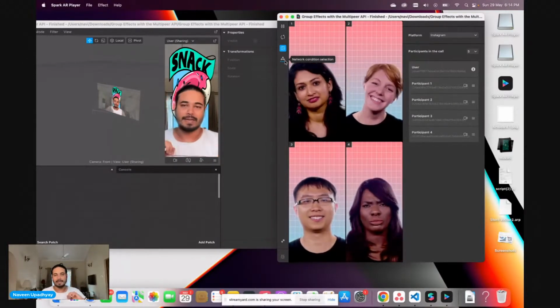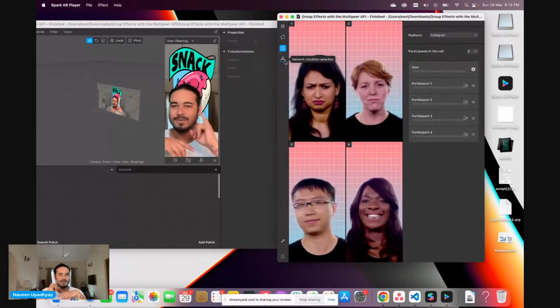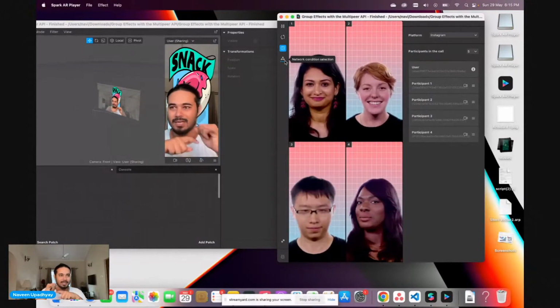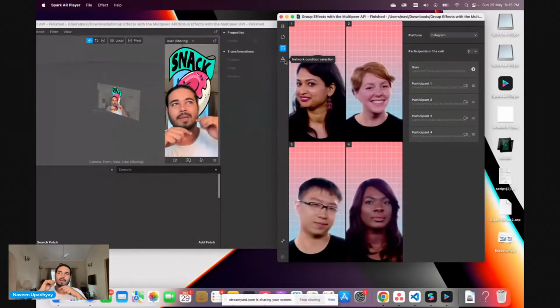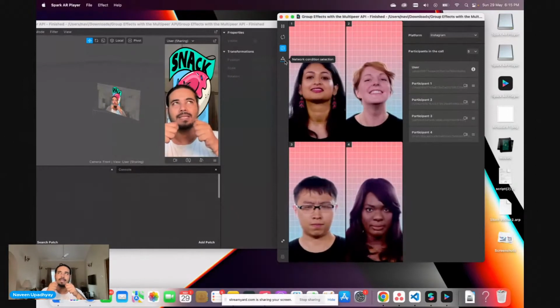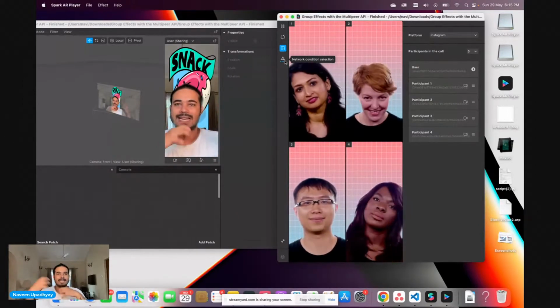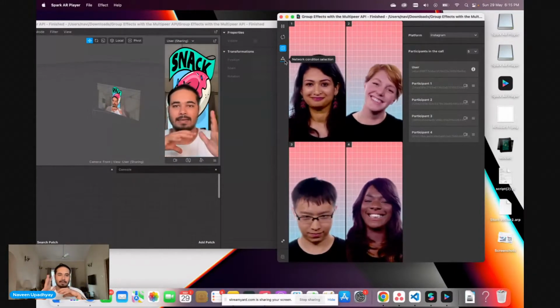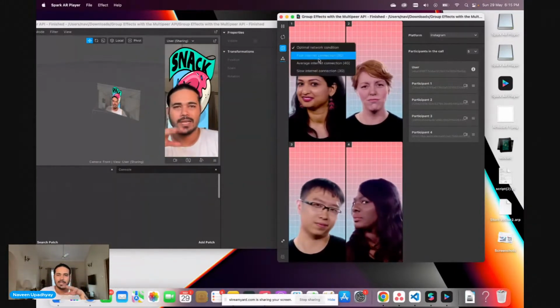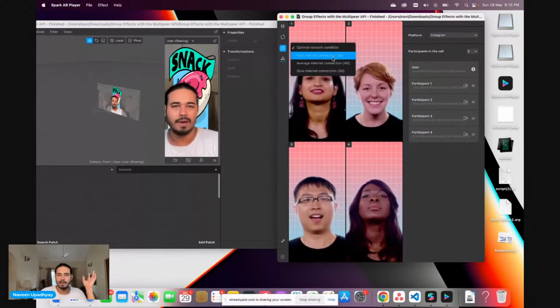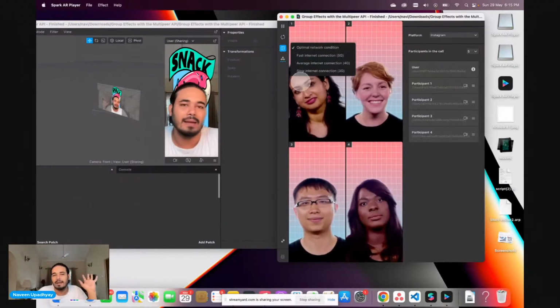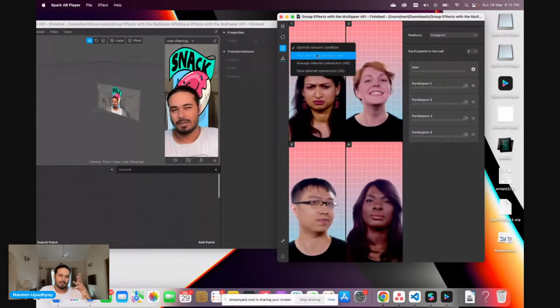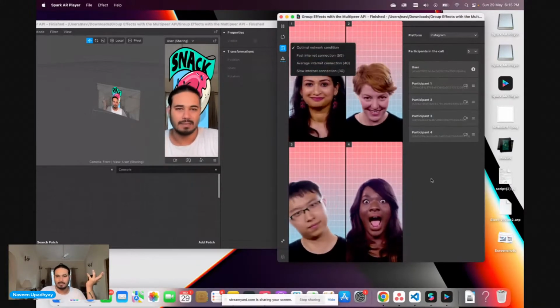But on the video calling effect, it's not like that, because we're on a video call, so we need that internet connection all the time, and we don't want to miss any messages that are sent to us by the Multipeer API. We want to receive them and we want to act on them. So there are 3 conditions in here. Your internet connection is very fast, it's average, and it's very bad. So you can just select one of them and just test.